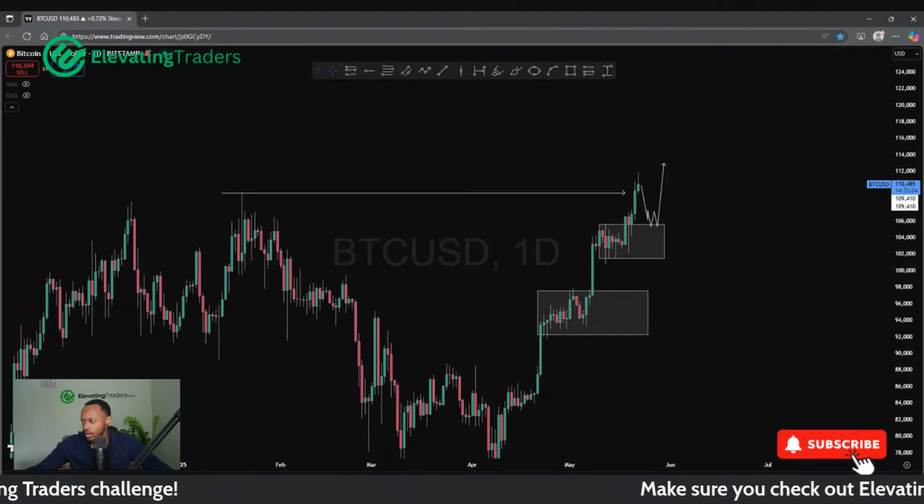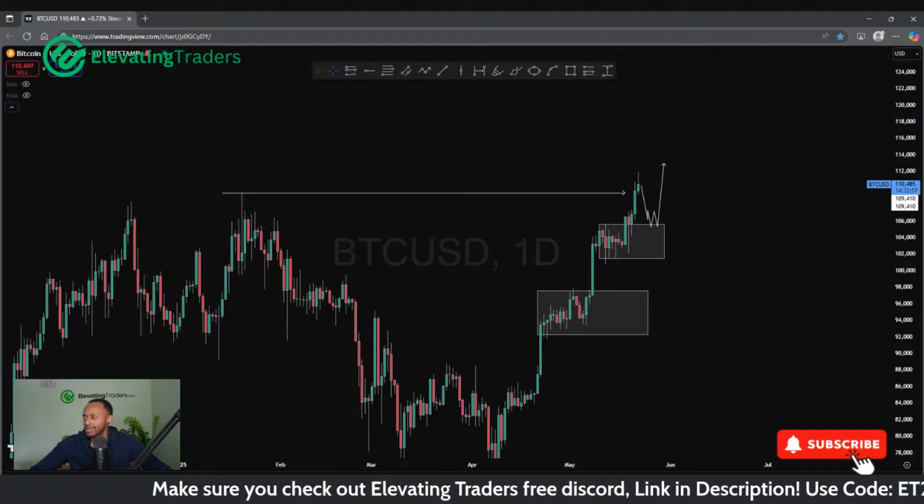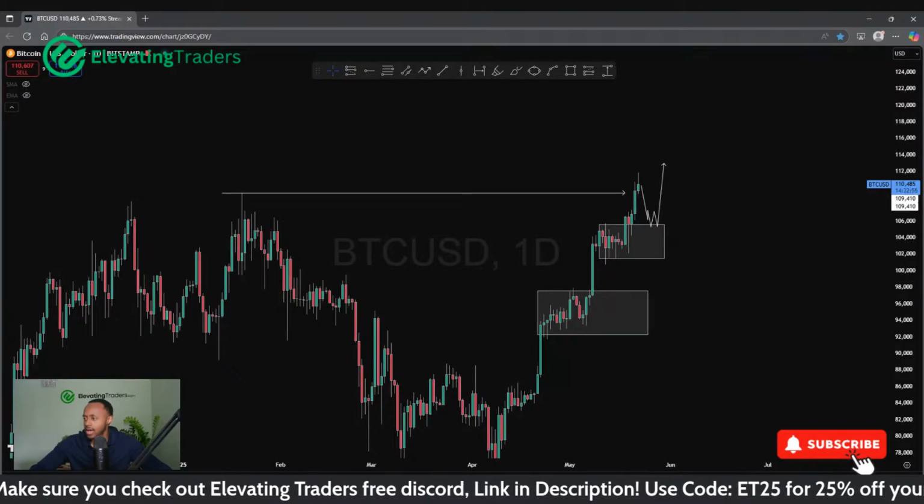Managed to get in DXY small long 99.350. Take profit 100.2. We'll try and move stop loss up accordingly. Nice. Okay, I'll go take a look at that in a second.